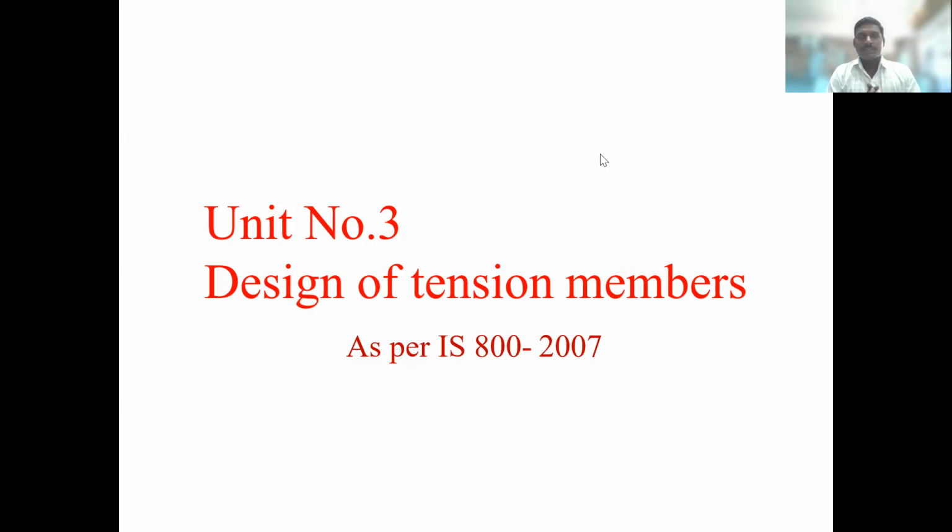So today we are going to see unit number 3, that is the tension member, or we have to design the tension members. We have covered the syllabus in unit 1 and unit 2, that is the introduction to design of steel structure. And in unit number 2, we have seen the bolted and welded connections and their designs. Today we will see the next chapter, unit 3, the tension member. For that we have to use again IS code 800 2007.